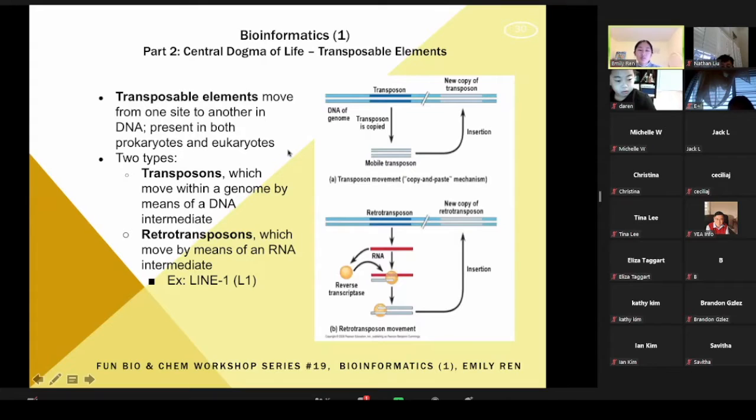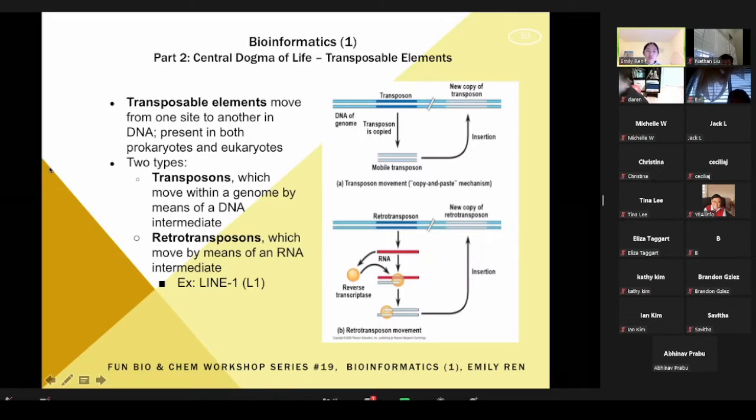Transposable elements move from one site to another in DNA, and they're present in both prokaryotes and eukaryotes. There are 2 types of transposable elements. One is the transposon. Transposons move within a genome by means of a DNA intermediate, and retrotransposons move by means of an RNA intermediate. As you can see here, the transposon functions on DNA, while the retrotransposon uses reverse transcriptase to function